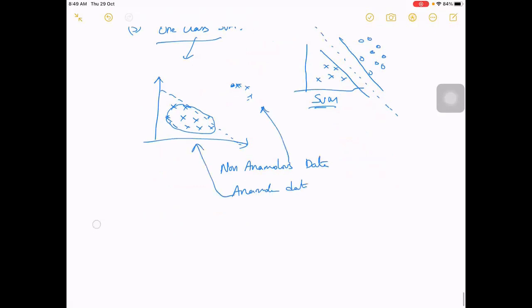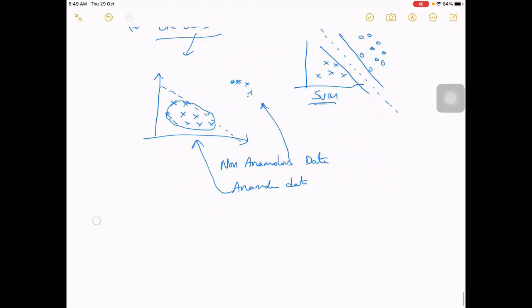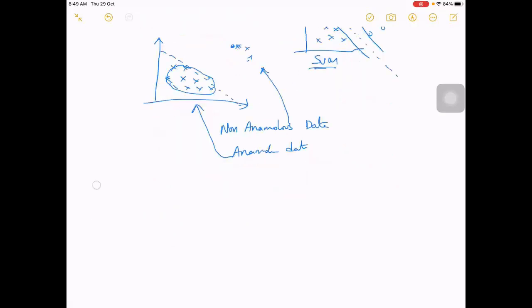Instead of having this kind of boundary, let's say these are your data points. It will try to find a circle, kind of radially, a boundary this way, and whatever point comes outside this circle is an anomaly.